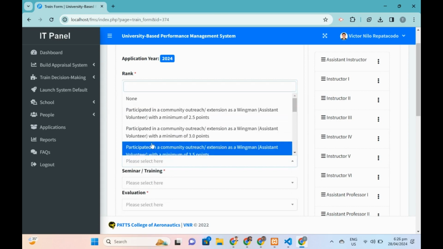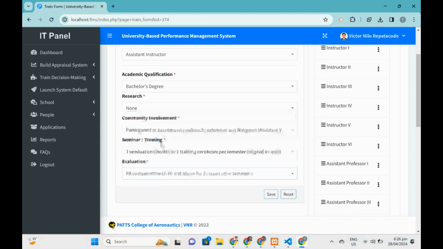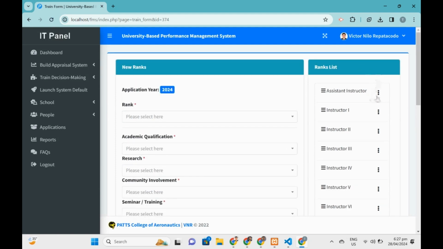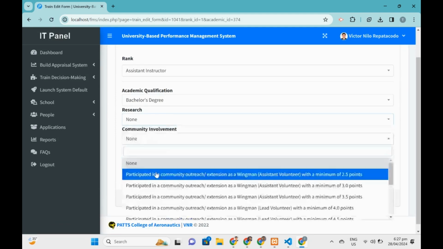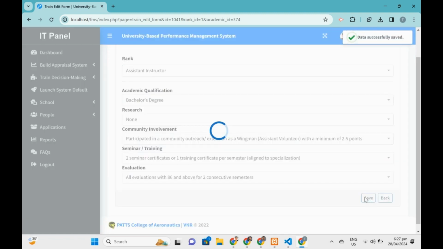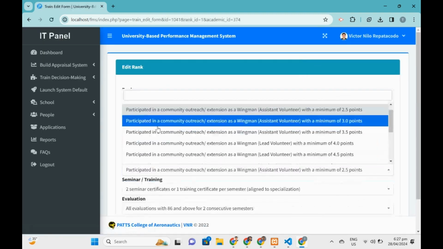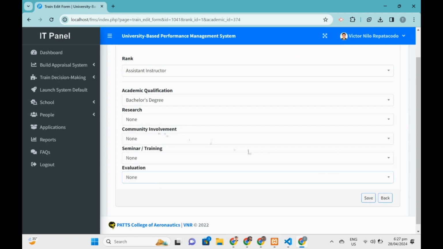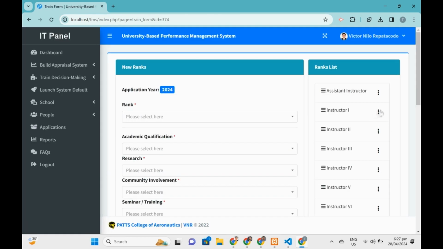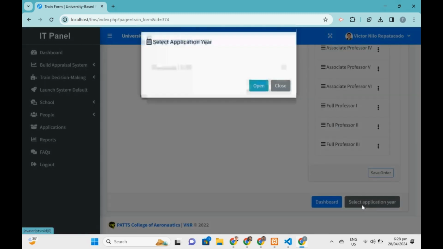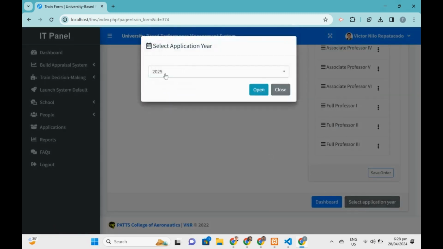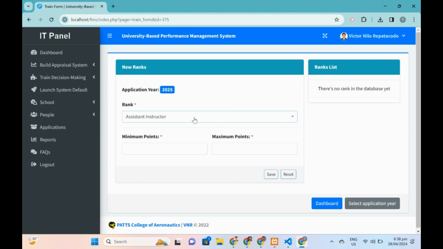Note that we cannot have two ranks with similar or different qualifications. You can edit or delete permanently. Let's look at how we can specify ranks for the form created using weight score method. We can select the rank name,